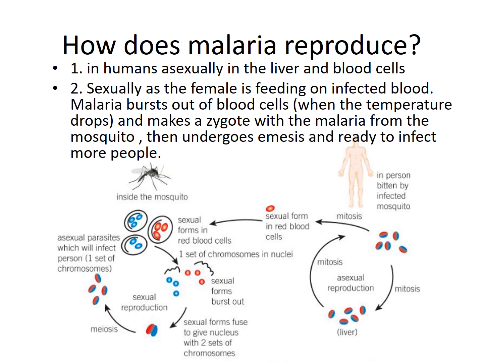So what happens is that the red blood cells burst, and the chromosomes, or the genes that were in that blood cell, are released, and combine with the malaria in the mosquito, and so therefore you get two different forms of malaria fusing together to give two sets of chromosomes that then undergo meiosis, and then they can produce a new set of malaria, a different, slightly varied set of malaria